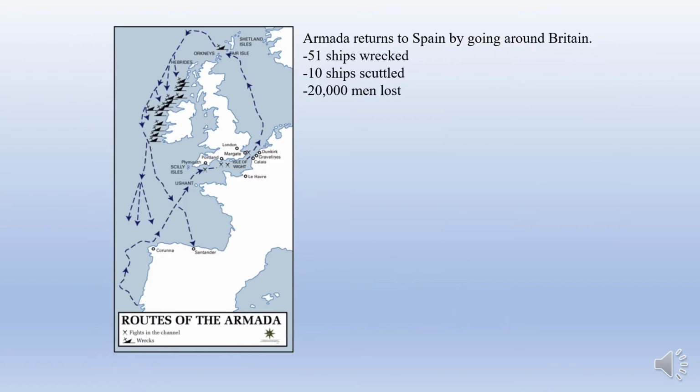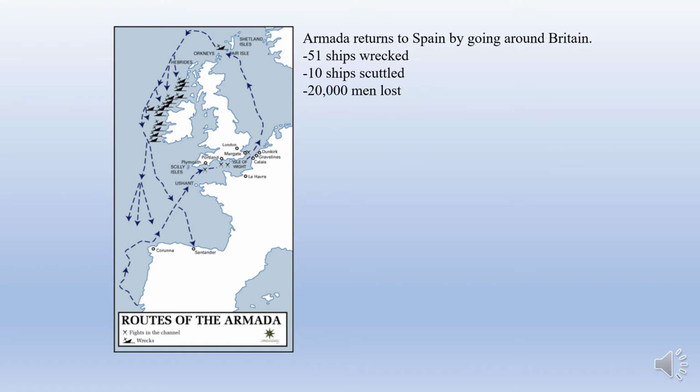Now, that's not the ending of the Armada, though. When they leave Gravelines, they have to get back to Spain, and I can show you the map up here that this is how they got back. Instead of going through the channel and trying to get back to Spain. Now, I said 5 ships were sunk, and you might have said, well, it's a complete disaster for the Spanish. How can that be when 5 ships were sunk and a couple hundred were killed?